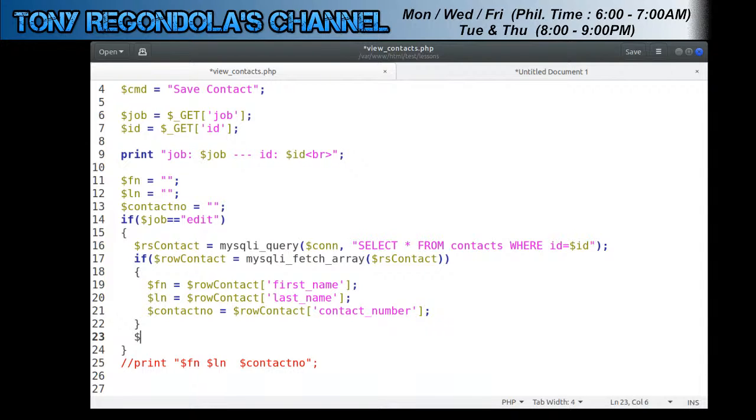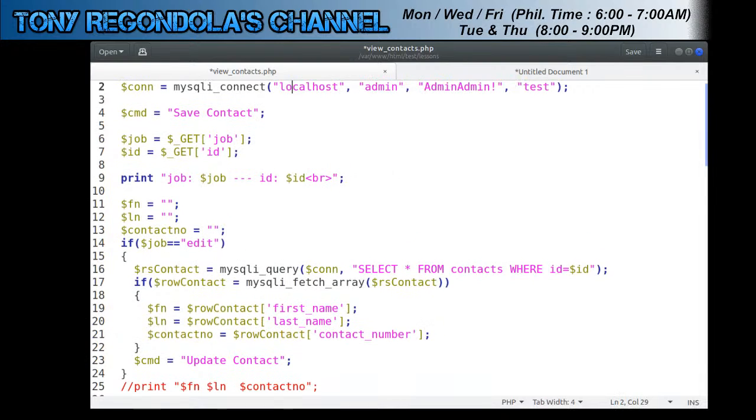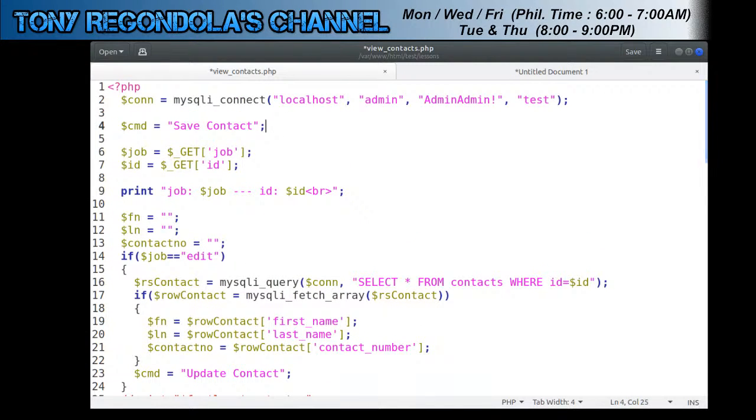So instead of that, we will make it as cmd equals, of course, update contact, something like that. So it will become update contact, and from here that would be save contact if we don't have the job equals edit. Okay,